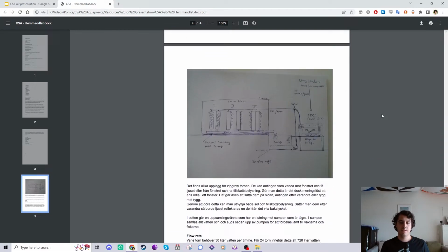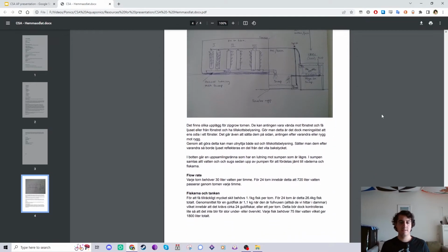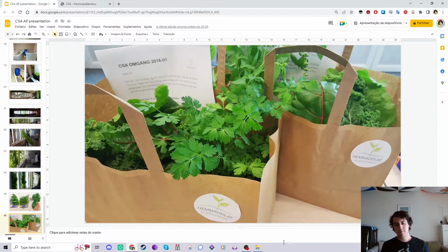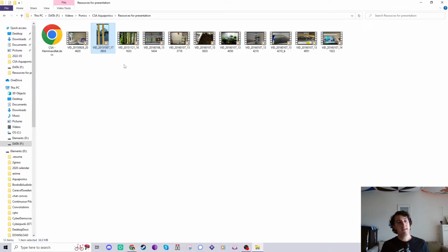And you can also see here one of the early sketches of the systems. And we're discussing also flow rates and things like that. But basically, this is what we were operating with. And then we have some of the videos that I made. So you can also see here,